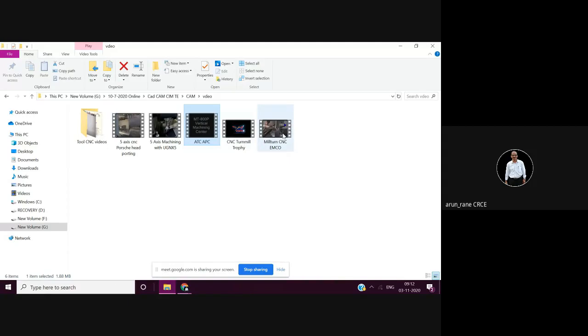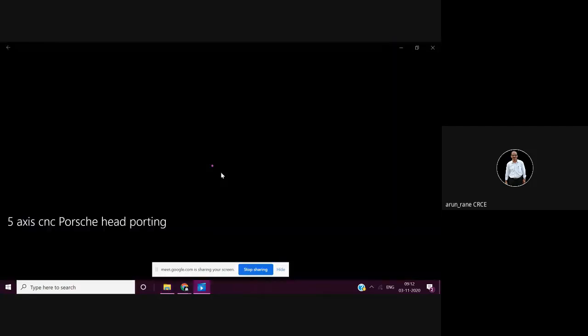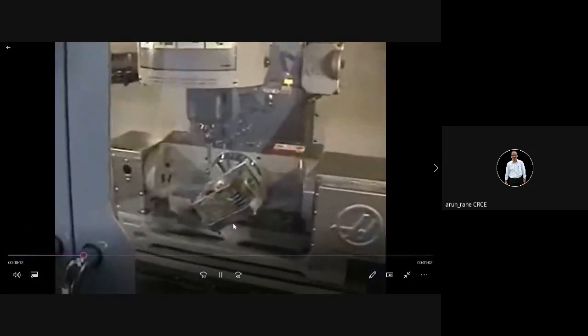In this trophy, I have already shown you in the beginning. This is your automatic tool changer. This is your cylinder head, engine cylinder head.